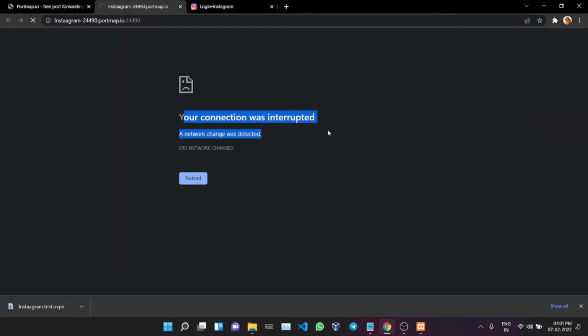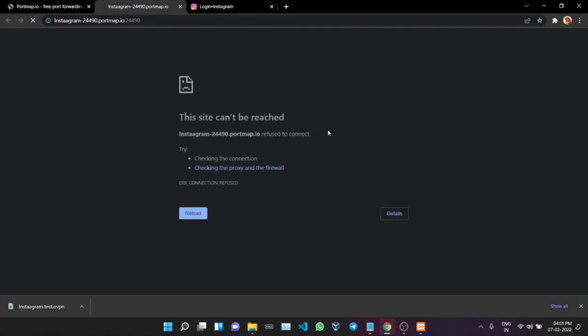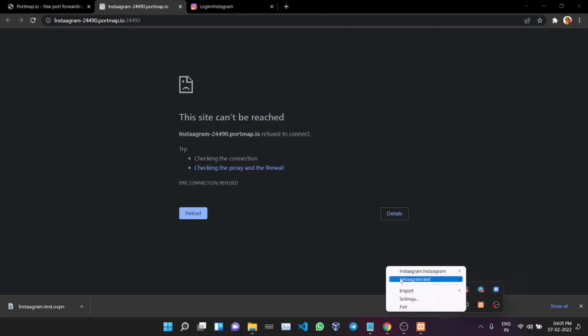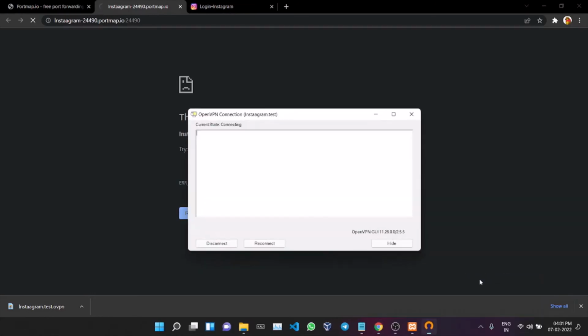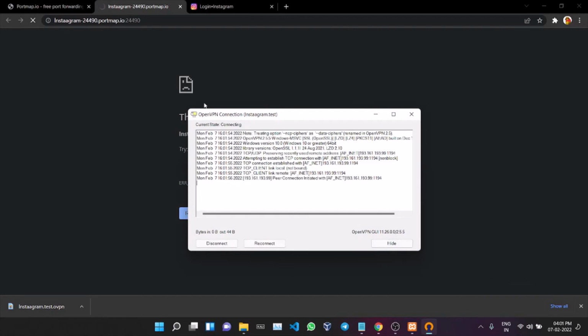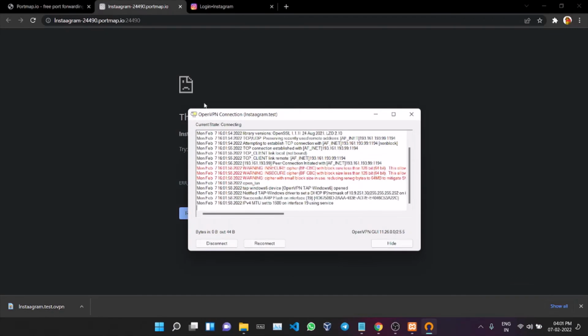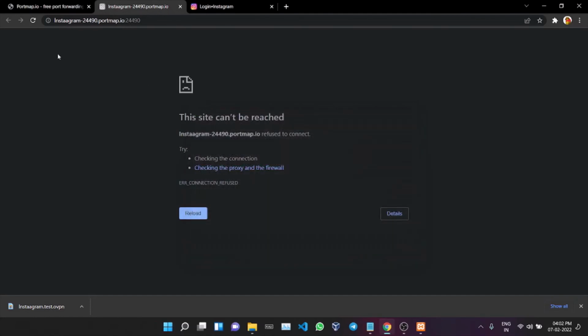So it will say something like your connection was interrupted, or host unreachable. So our connection simply won't be made at that time. But if we connect again, then we can access this page again with the same URL.